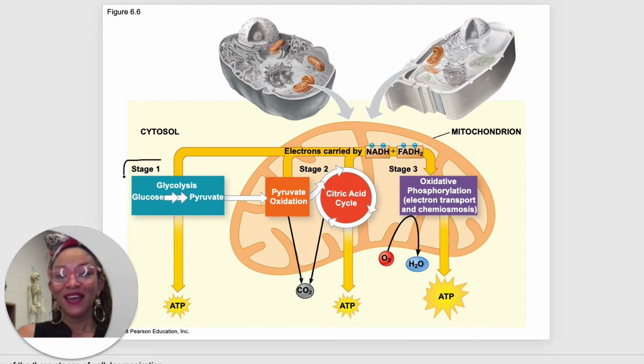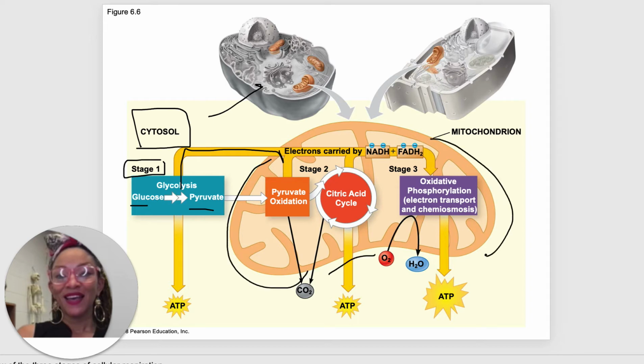So this picture shows the 4 stages, or we can say 3 stages of cellular respiration. So stage 1, we have our glycolysis. This occurs in the cytosol. So this is a cell right here, just occurring out here in that cellular juice, where we get that glucose broken down to pyruvate. The pyruvate then travels over to the mitochondria. You see we have it outlined right here. Our mitochondria are powerhouses of the cell, okay? We have our pyruvate oxidation, which releases carbon dioxide. And then we have the citric acid cycle. So this actually goes around 2 times,